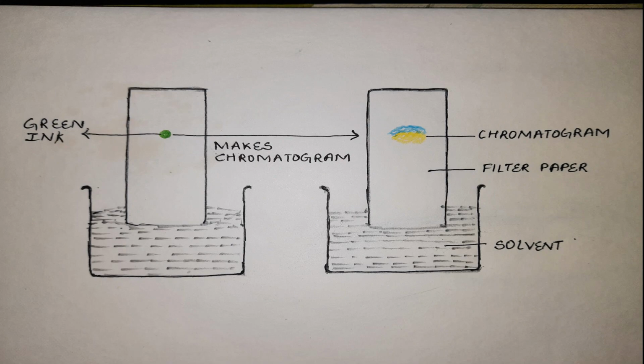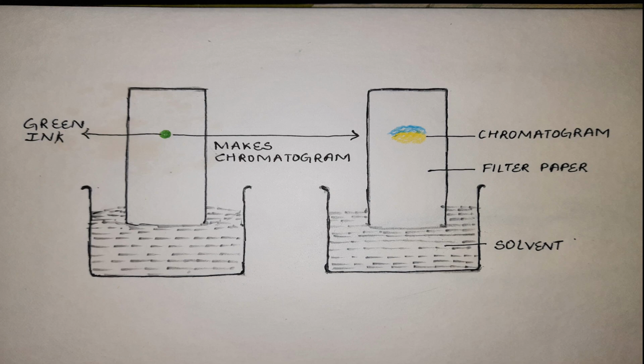Method: we take a long strip of chromatographic paper or filter paper. We make a point or a dot with a green sketch pen on the upper part of it. Now place the lower end of the paper in water with the help of a clip. After some time we will see water moves up by adsorption and the green spot splits into two colors, blue and